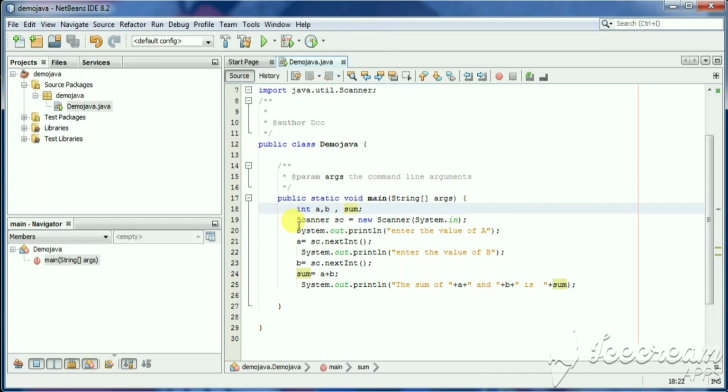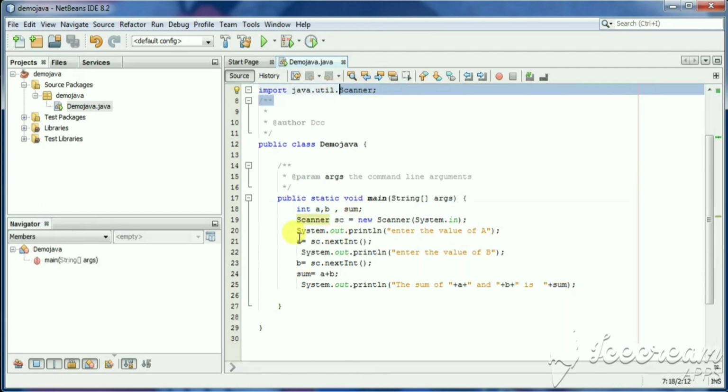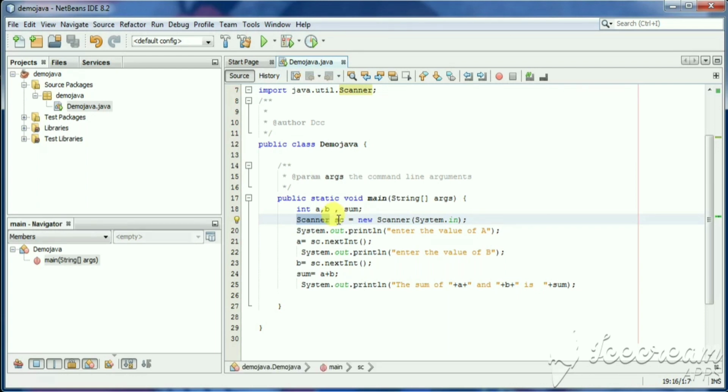As in the upper side, you have seen that we import one class, that is the Scanner class. Here I use the name of the class to create the object of this class, because every class can be used with the help of its object.